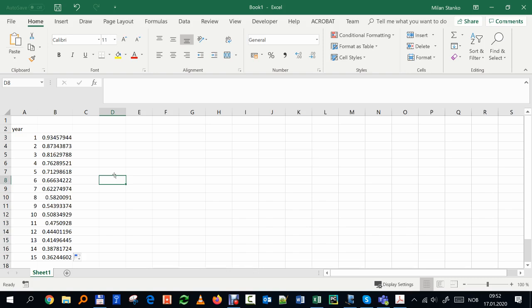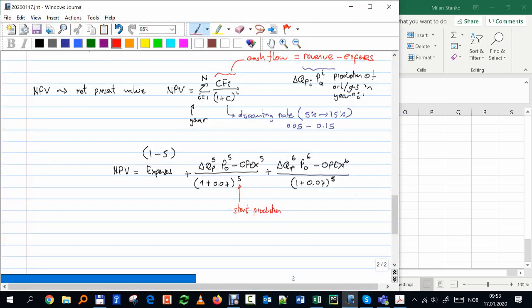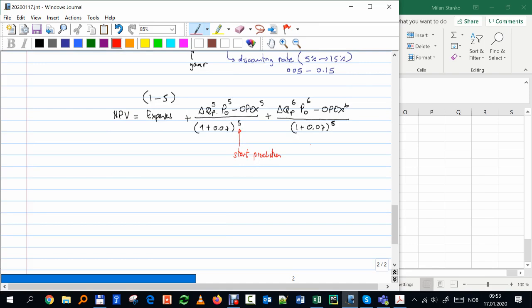Of course, if you are not a magician, but you have your crystal ball and you can see exactly when you will have this spike, then you probably won't be sitting here. You will be making business with Bill Gates or with someone else. So the point is that the discounting makes sense no matter what the price variation is. It makes sense to produce early. So let's put that here: due to discounting,